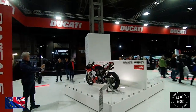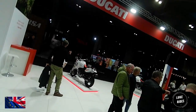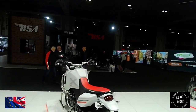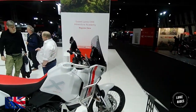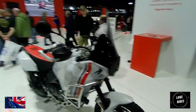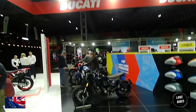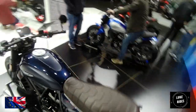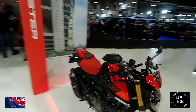And then from here, Flux Dragster, I don't know. And then you've got the Desert X, so that's off-road Ducati. You've got the Scramblers, which are air-cooled Ducati V-twin engines turned into these Scramblers. Then what you have here is the latest Monster by Ducati,